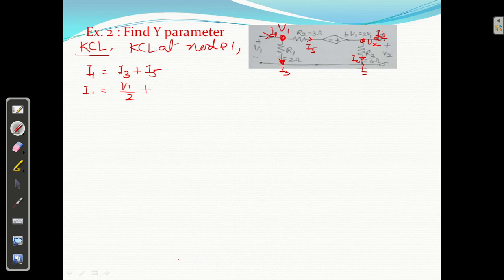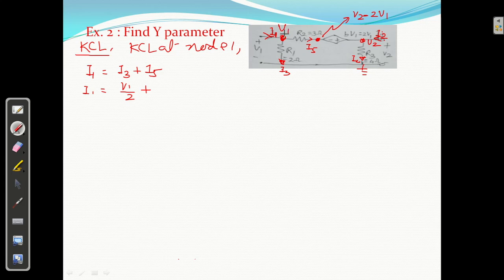I5 क्या है? यहाँ का पोटेंशियल और यहाँ का पोटेंशियल. What is the potential of this point? यहाँ का कितना है? V2, और यहाँ से यहाँ क्या हो रहा है? राइज टू V1. तो यहाँ का पोटेंशियल क्या होगा? यहाँ का वोल्टेज V2, ये माइनस से प्लस, यहाँ से यहाँ राइज हो रहा, तो यहाँ से यहाँ ड्रॉप हो रहा है. कितना? 2V1. देखो क्लियर ना? सो V2 माइनस 2V1 यहाँ का पोटेंशियल है.